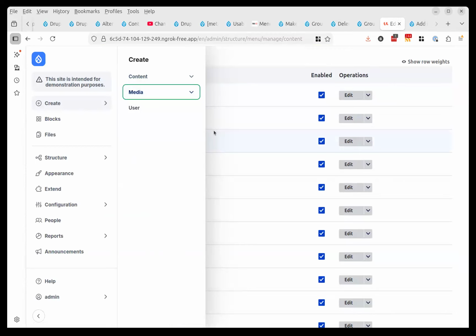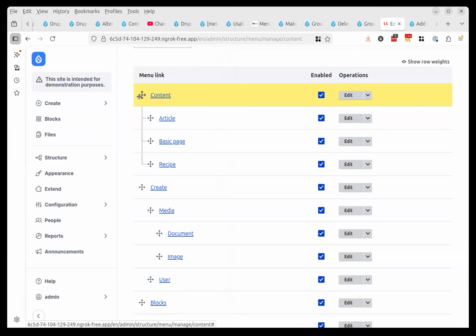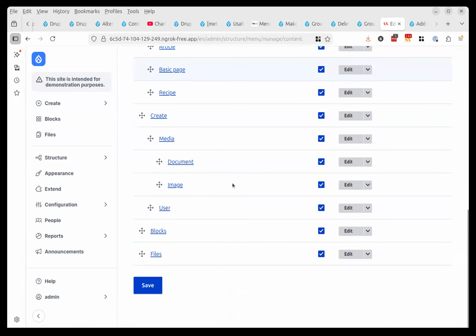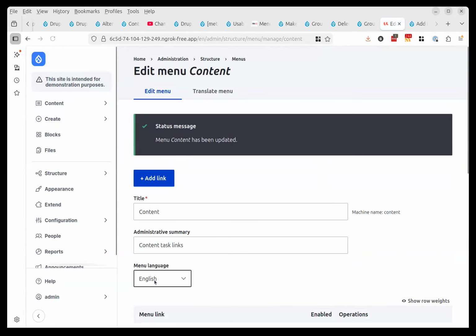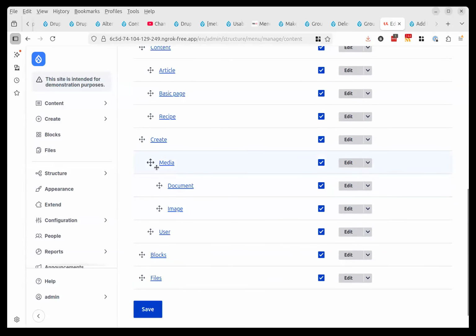Could you maybe move the media and the content out of the create menu so that they are back top level menu items? I really dislike this expand on hover. Let's see if I move this out as a top level item. And media as well. Well, let's just try one. Under create, we just have media and user. Presumably, if I move media out as well,